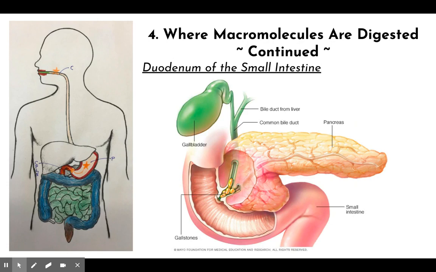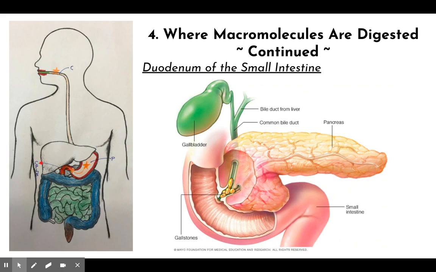Now, most of the digestion is actually going to happen in the small intestine. We usually think of the stomach being where most of that digestion occurs, but really, the majority of it's happening in the small intestine. So far, we've just begun the digestion of carbohydrates and proteins prior to this, but as the acid chyme leaves the stomach and enters the small intestine, this is where we're going to